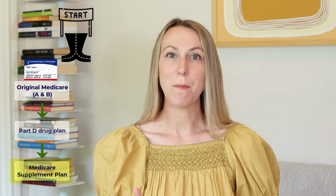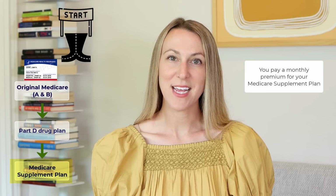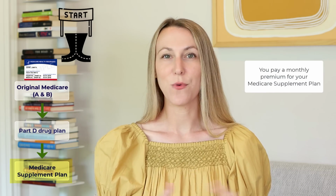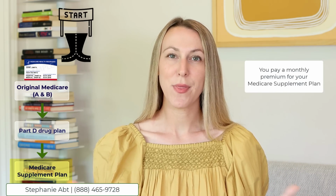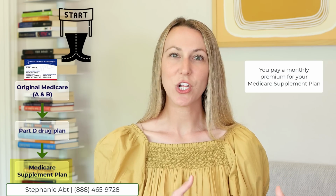Medicare supplement plans do have an additional monthly premium that you have to pay on top of the Part B premium that you're already paying. In most parts of the country, Medicare supplement insurance for a 65-year-old will range from $80 a month to $150 a month, but that depends on where you live. Additionally, these plans don't include